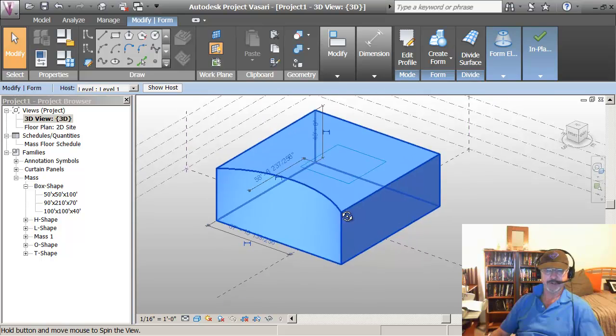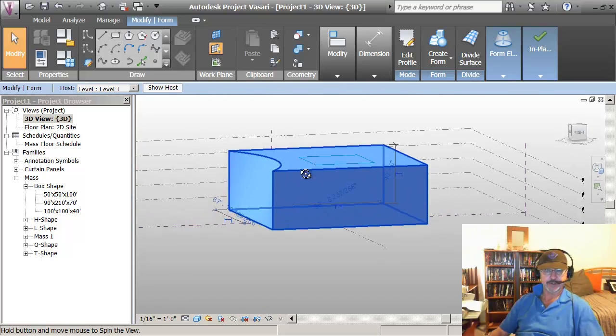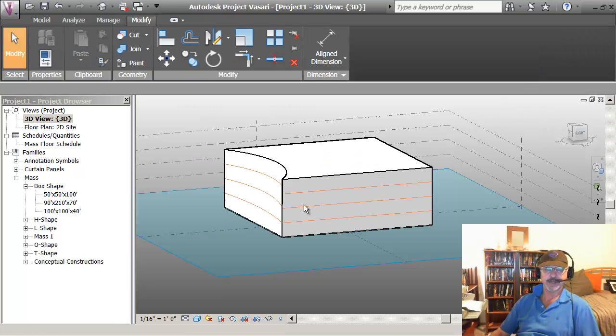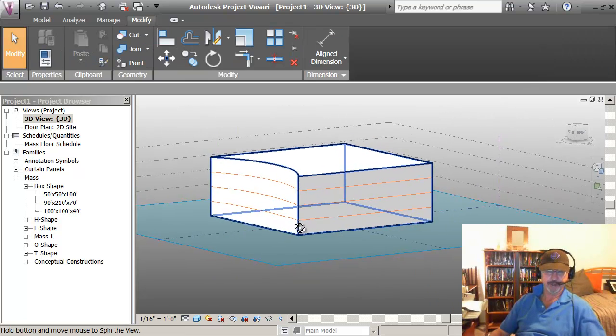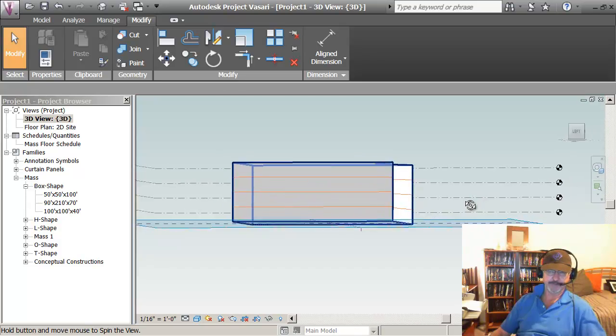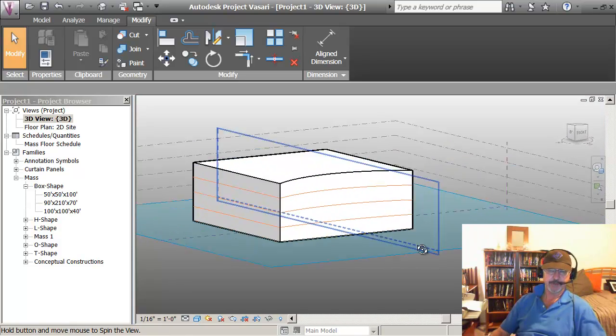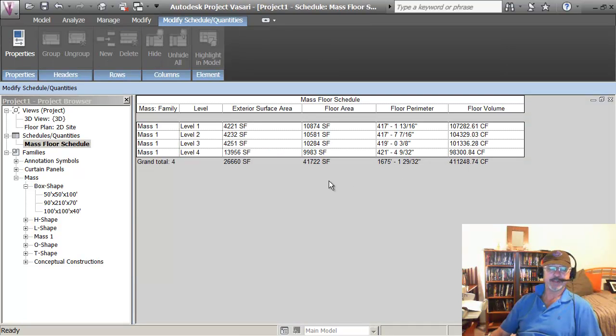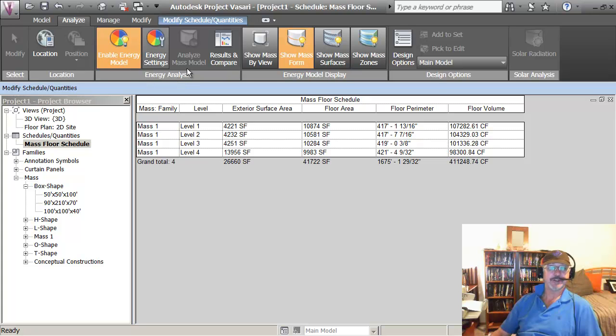You can see now that I've actually adjusted the form of the building. So if I finish the mass form here, my building now looks a little bit different. You know, I've got a more interesting form on the front. My floor schedules have updated to show me the values in here. I can go back to my analysis thing now and say, let's, I'll